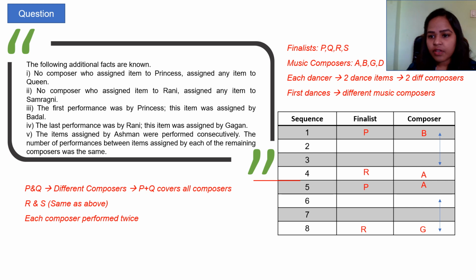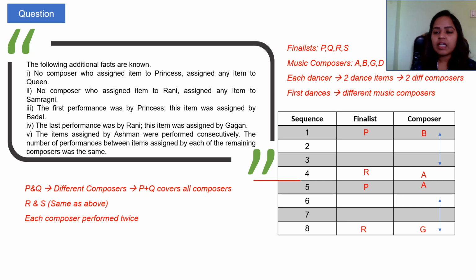Okay. So now if you see the last line again, the number of performances between items assigned by each of the remaining composers was the same. So this means that we have 3 more composers left, and the difference between whatever sequence B has performed first and B has performed in the second set should be equal to the other composer at sequence 2, the same with the other composer